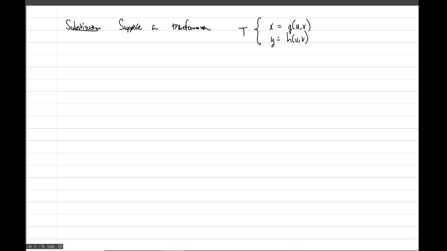If you have that set up as a transformation, as we have had in some examples we've already looked at, just to compute the Jacobian, and let's say that this transformation